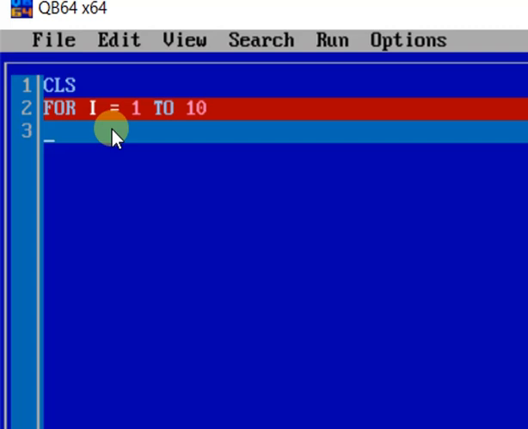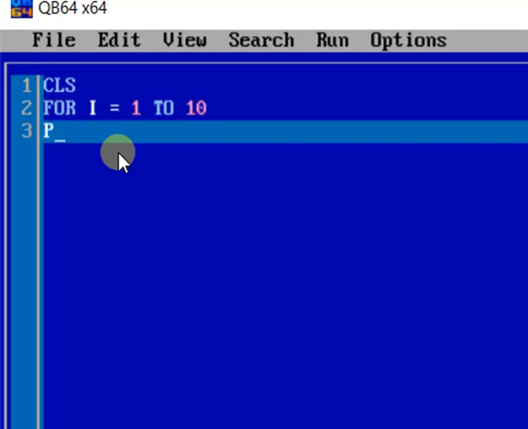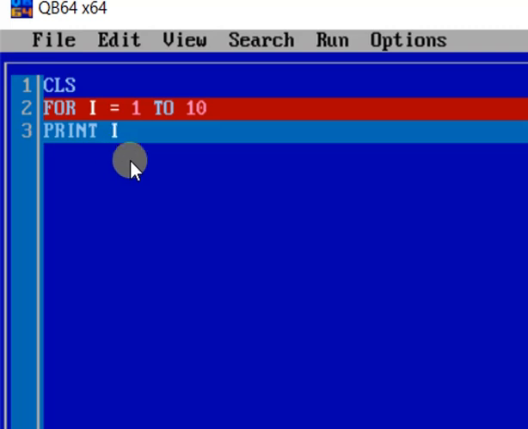In the body of the loop, I want to print the natural numbers 1 to 10. You can see that I is the loop variable. It has the initial value 1. So what if I print I? Print is used to display an output message on screen. So along with print, if I use the variable I, then the first time it is going to print the initial value of I, that is 1.